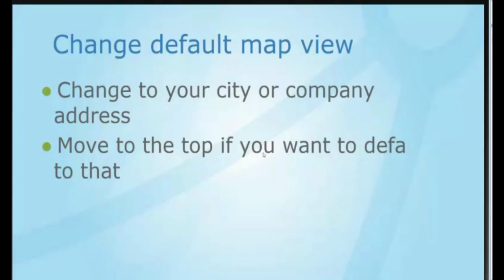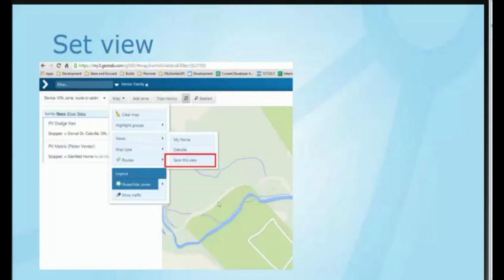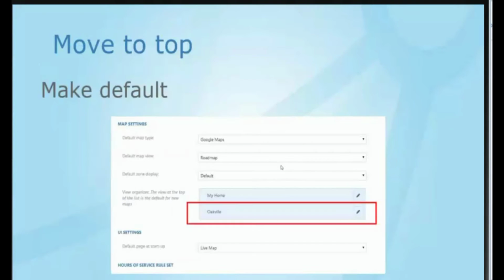If you'd like, you can create a map view. You go over a certain spot on the map, click on the map view, scroll down, go to views, and you can save a new view. You can give it a name, say it's Oakville, and once you give it a name, you can move this on top. So just to show you a more live example of this,